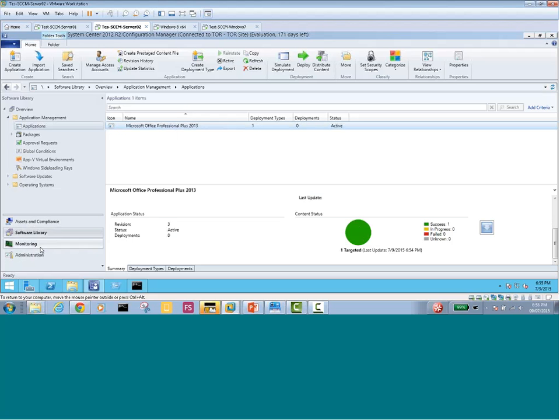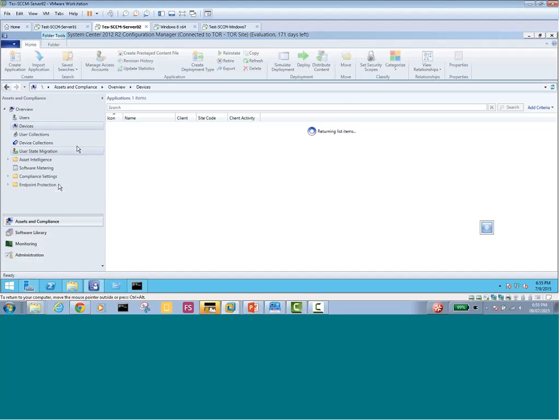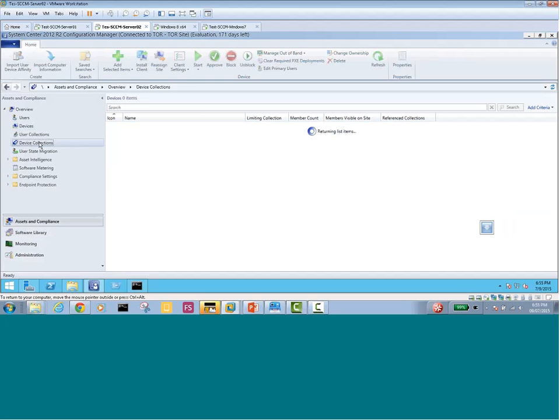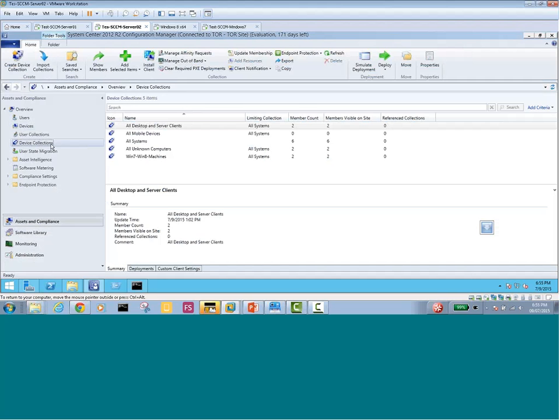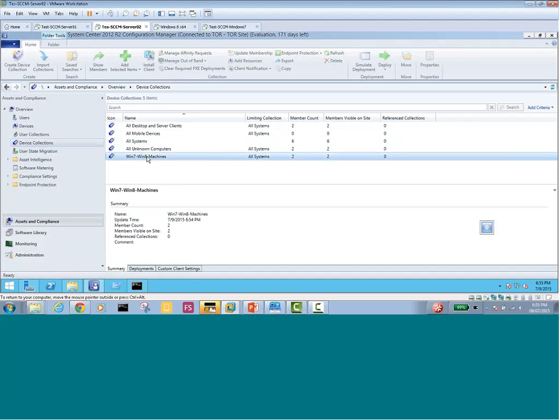In our case, if I go to Assets and Compliance and then Device Collections, we have All Systems, which includes the domain controller and all servers, but then we have Win 7 and 8. If we go for just Win 7 and 8, sometimes the clients take longer to install. So we can deploy it on All Systems and Win 7, 8, or another option is